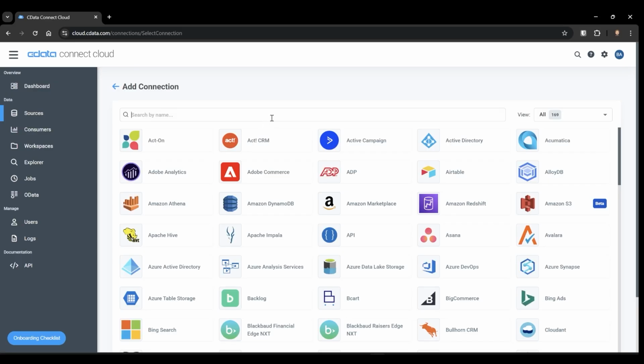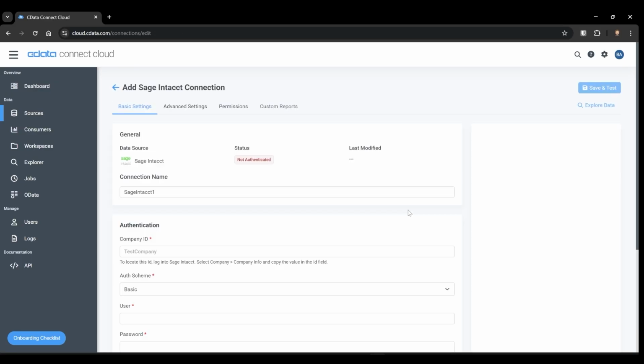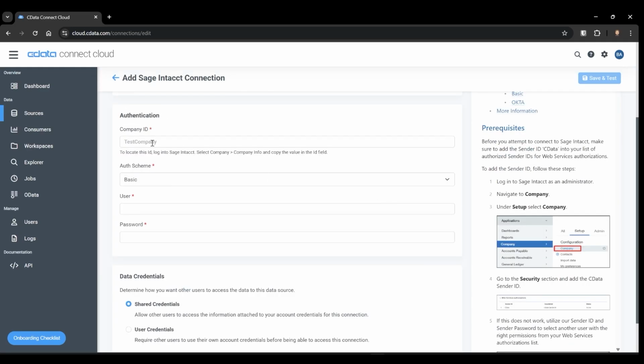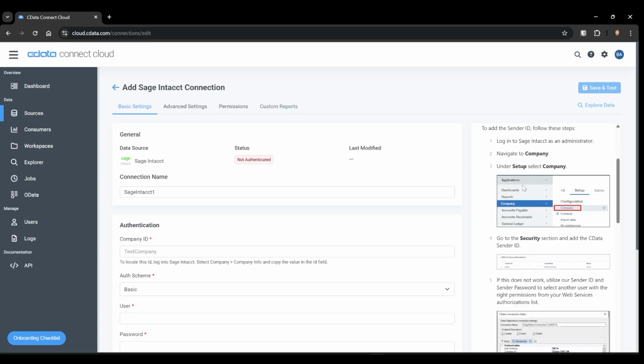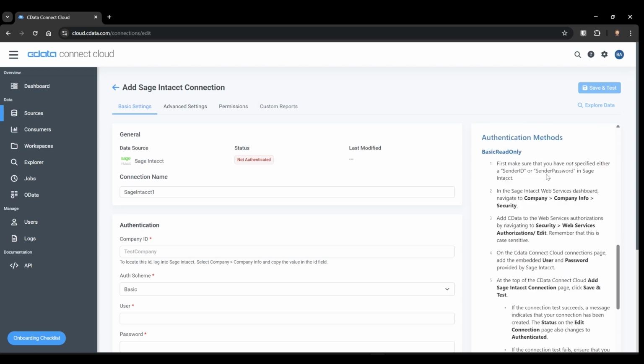Search for or scroll down to Sage Intacct. To connect, all you have to do is enter your Sage Intacct credentials. That means your company ID, username, and password, depending on the office name you want to select. For a full walkthrough of how to set up your connection, you can look at the documentation guide on the right, which takes you through how to get your company ID from setup and the different authentication methods available for